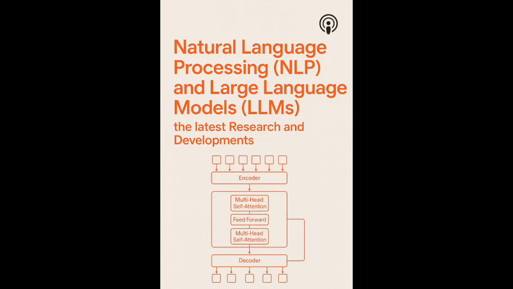GRUs were similar, but a bit simpler, right? Yeah, GRUs streamlined the gating mechanism, fewer parameters, often computationally cheaper than LSTMs, but frequently achieved very similar performance on many tasks. They were really successful. They solved the memory problem, the gradient problem. So what was the catch? Why did we move on again?